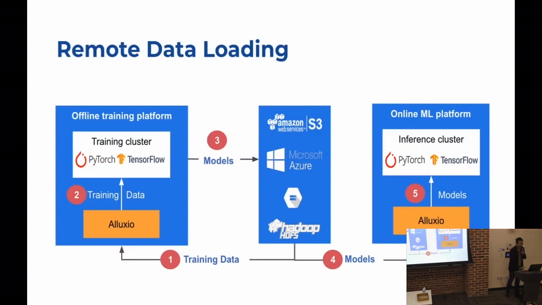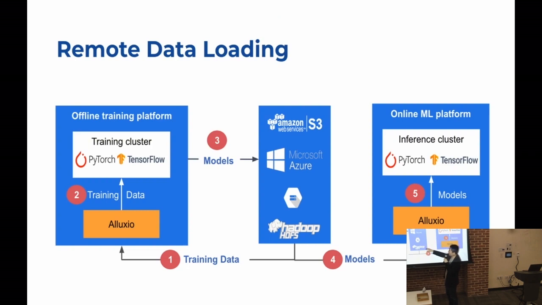And here I would like to share the most typical architecture we learned from modern internet companies. Meta, Uber, TikTok, they all use such an architecture to do machine learning jobs, just because, as I mentioned, they have a very large data set, so they cannot put their training data in just one data center.